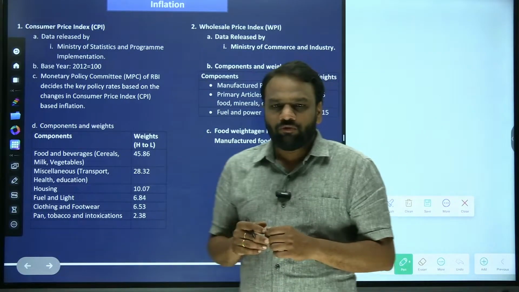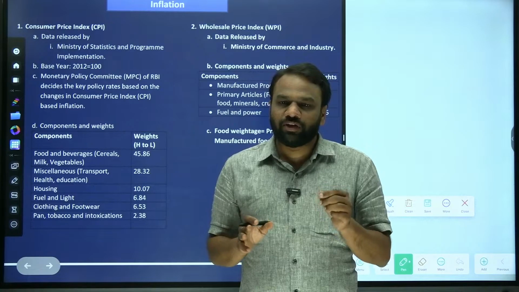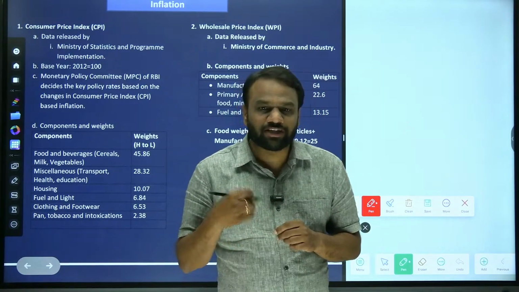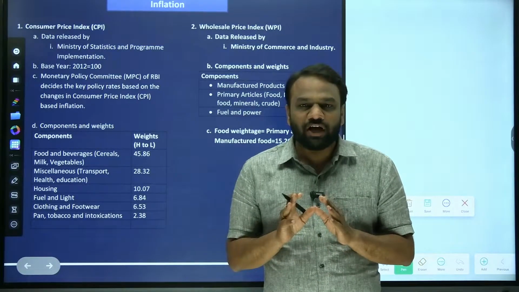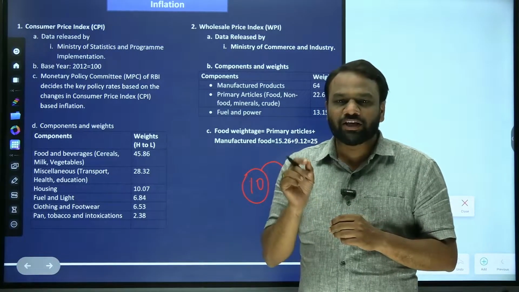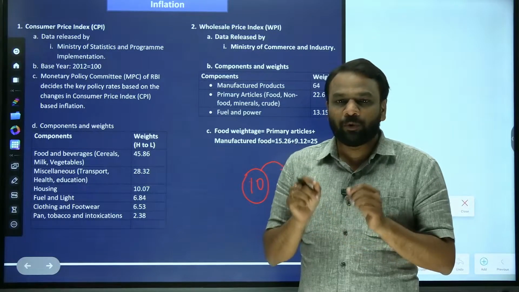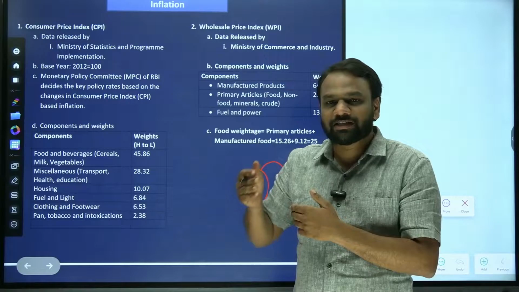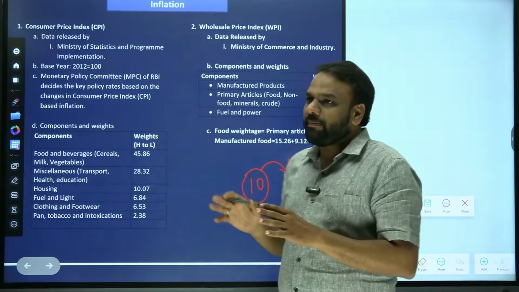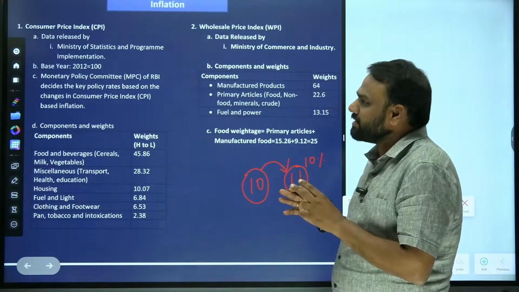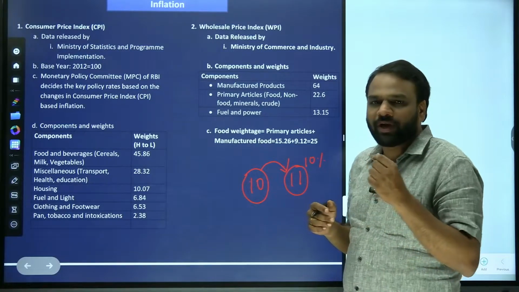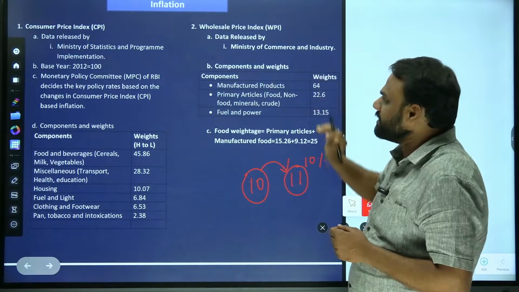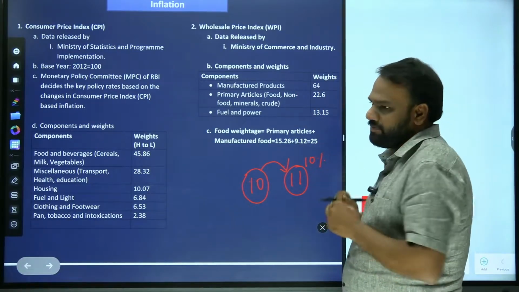Now, whether there should be any inflation or not, or should the inflation be always zero? These are the various questions which haunt us continuously. Ideally, inflation should not be zero. There should be some percentage of inflation. But what is that ideal percentage of inflation? Who decides it? All these things we'll be discussing later on. For the time being, we shall only focus on two aspects which are used by the government to gauge inflation. One is consumer price index based inflation. Another one is wholesale price index based inflation.